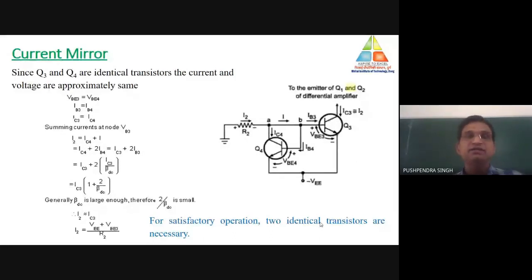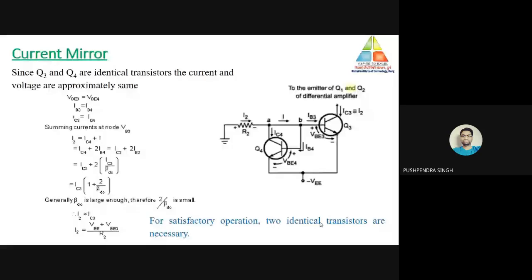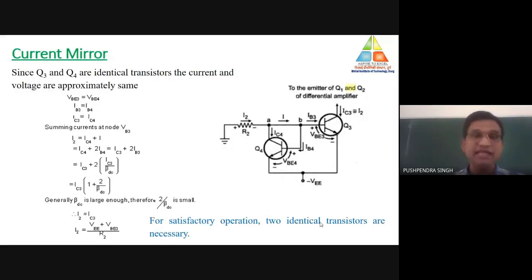When both the transistors are identical, only on that condition can we generate the current mirror. So this is all about how we can generate the different kinds of constant current sources. We have discussed the common mode rejection ratio, and different methods by which we may improve the value of CMRR. Why? Because if the value of CMRR is low, the response at the output terminal would be noisy, and if the response is noisy, we are not getting anything. That's why in every condition, the value of CMRR should be high.